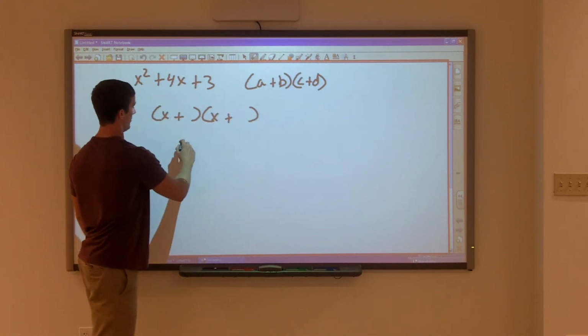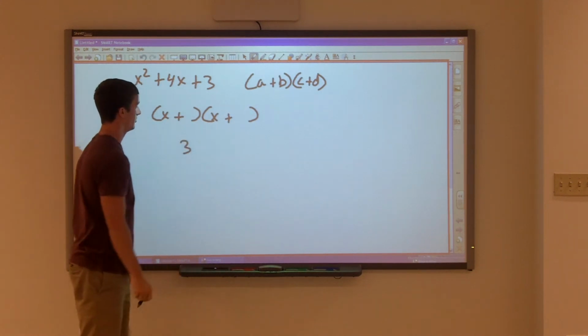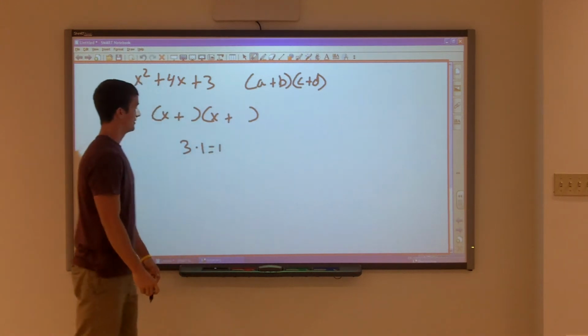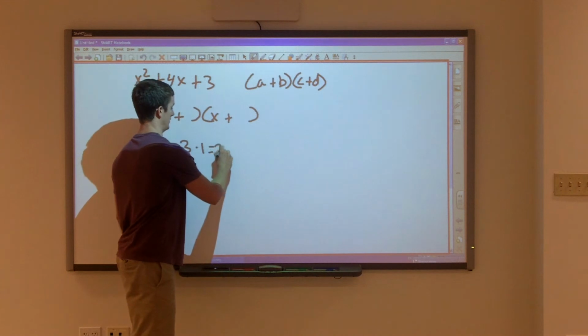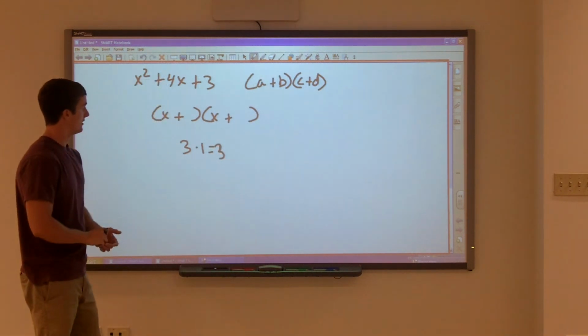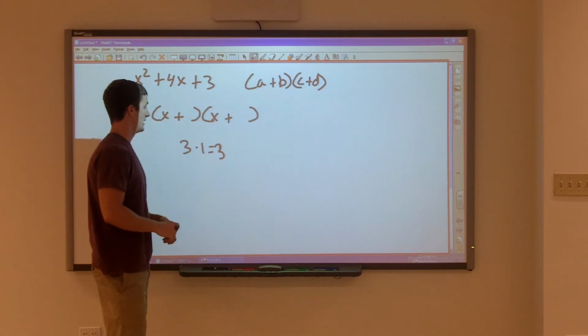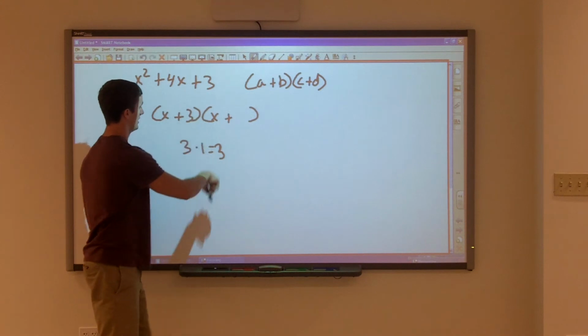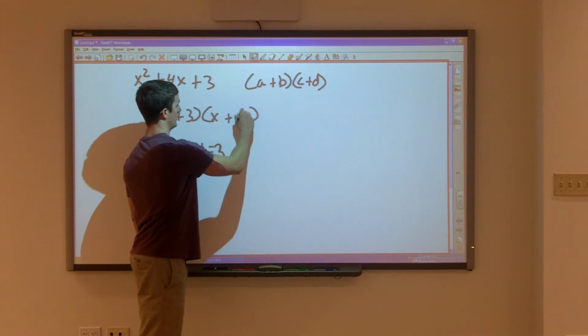Since 3 is a prime number, the only thing we can multiply by 3 to get 3 is just 1. So this first problem is pretty simple. We know that 3 times 1 equals 3. So if we plug these two numbers in, we end up with x plus 3 quantity times